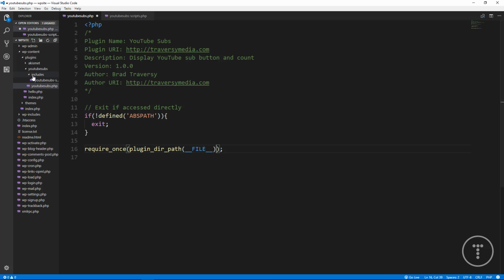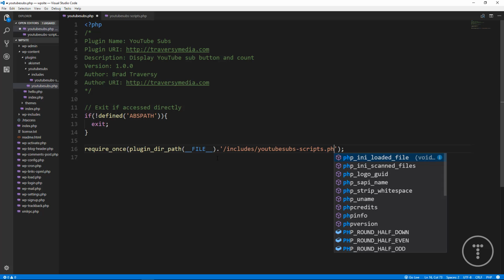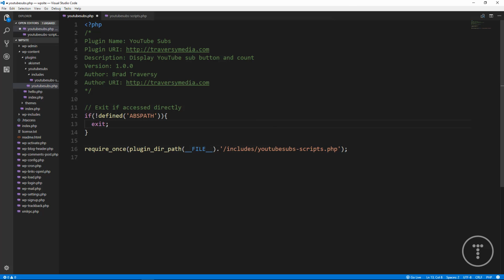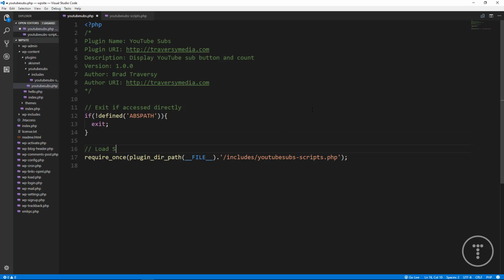And then from there, we want to go into the includes folder. So we're just going to concatenate. We're going to use a dot and then some quotes. We're going to say /includes/youtube-subs-scripts.php. Okay, so that's going to include that file. All right, actually, let me put a comment here. We'll say load scripts. Okay, I'll save that. Now, first of all, let's create our CSS and JavaScript folders,